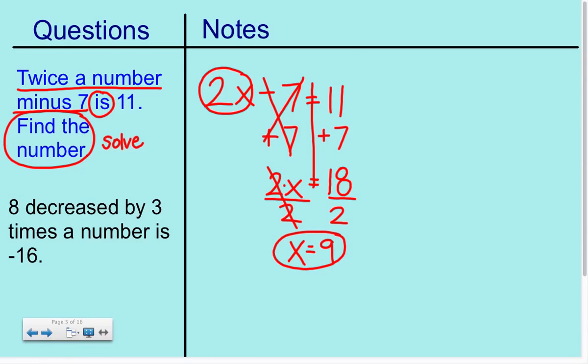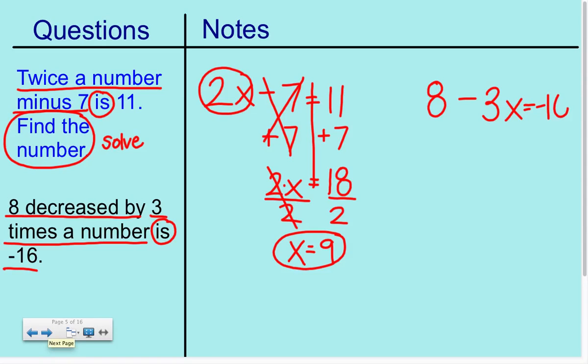And the last one, 8 decreased by 3 times the number. So I'm going to just start from left to right. 8 decreased by means 8 minus 3 times a number would be 3x is, again, means equals negative 16. My couple this time, notice the negative sign in front of the 3. I'm going to circle that whole thing. The 8 is on the far left-hand side this time, and since there's nothing in front of it, I know it's positive, so I have to subtract. Minus 8,